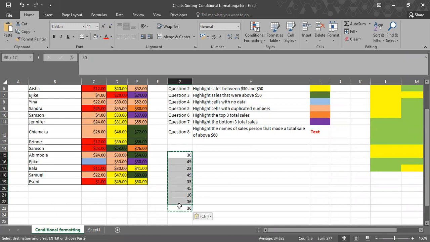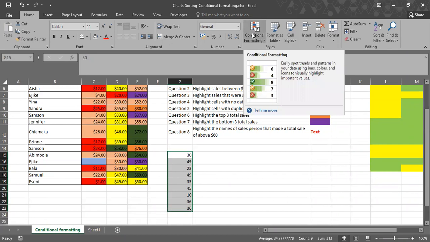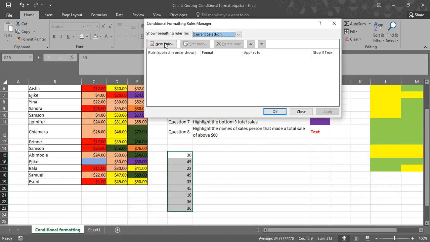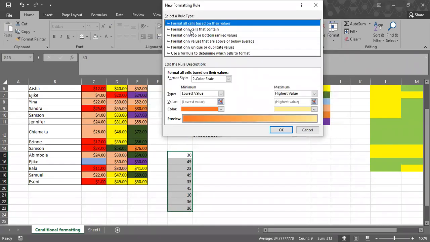Okay, so these are random sets of numbers, right? Yes. So with these numbers, I'm going to conditional formatting. I can click on manage rules or new rule. I'm clicking on manage rules and selecting new rule. If I'm looking at a particular number that I want to apply formatting to, based on that, that's why I select